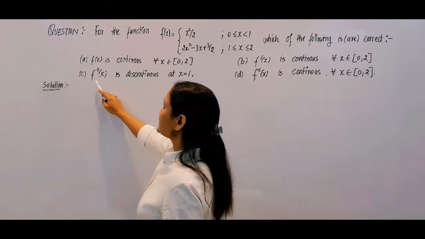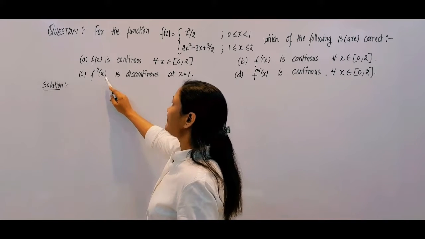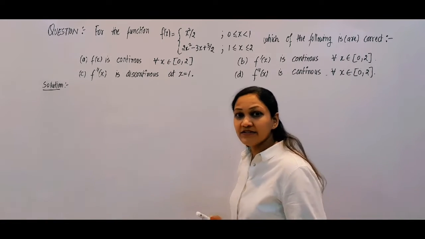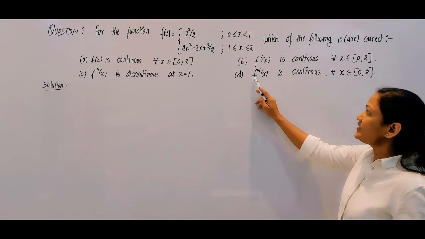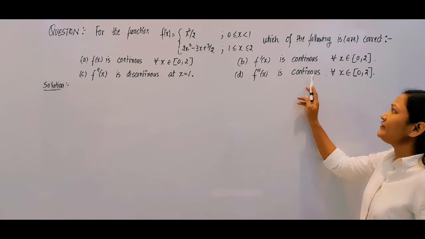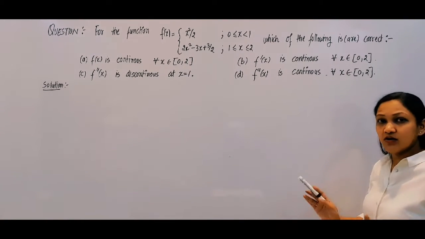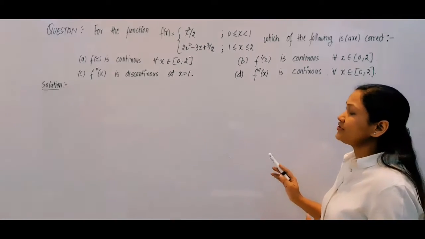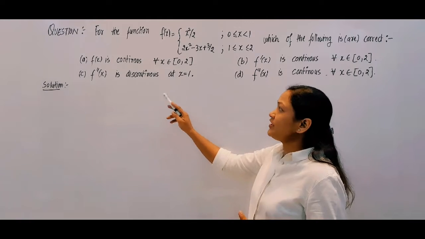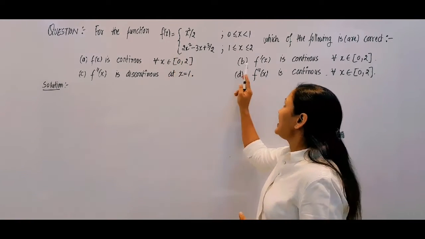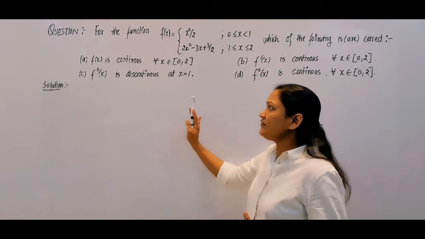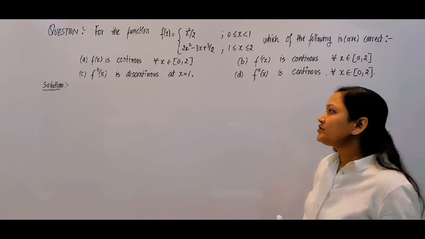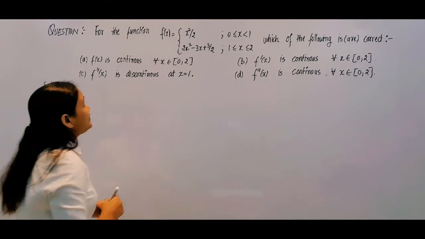And C option says the second derivative function is discontinuous at x is equals to 1, and the fourth one says that second derivative function is continuous for all x belongs to 0 to 2. So basically in this question you have to check your f(x), f dash x and f double dash x, three functions for continuity. So let us start with continuity